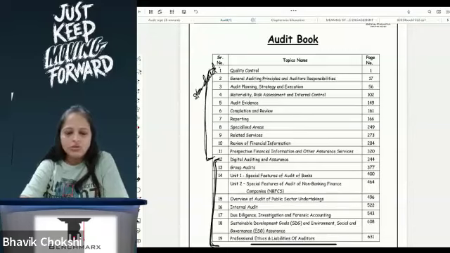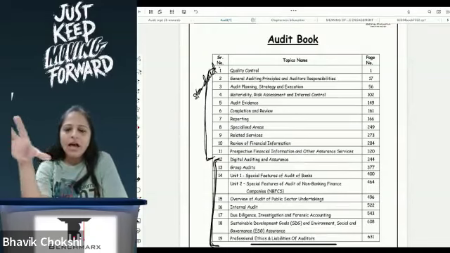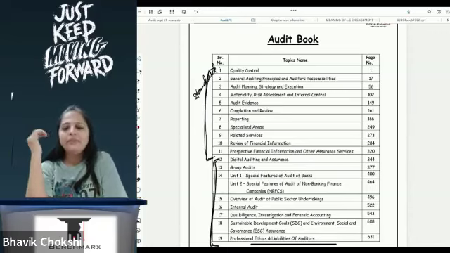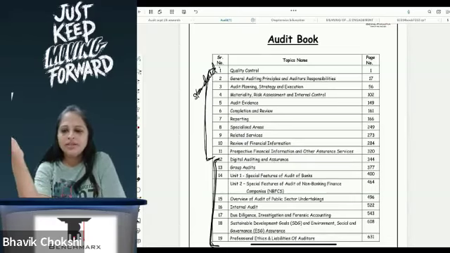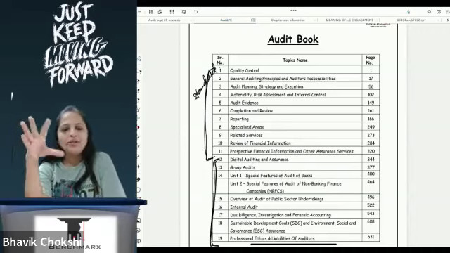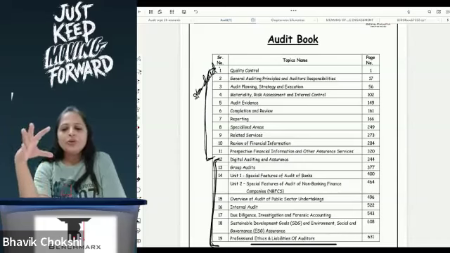Okay, so that's how the entire portion looks like, and how we plan to go about it, and what I expect you to do in class and after class. Please ensure that whatever is given, do not take screenshots, do not expect board notes. I really expect you to write down what is there for your benefit, not for my benefit. Screenshots and photographs are not going to be there with you. You will miss out, and then you will forget what's there, and then you have to read the entire audit book.